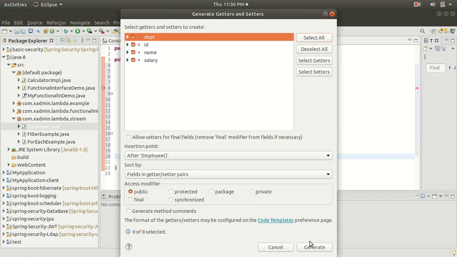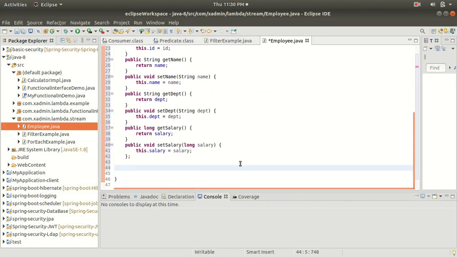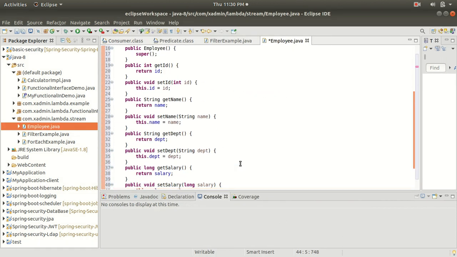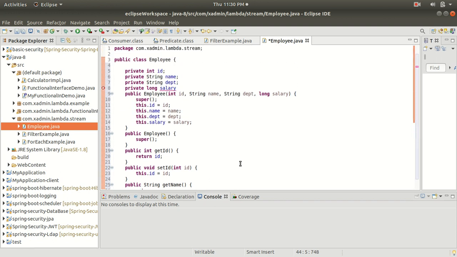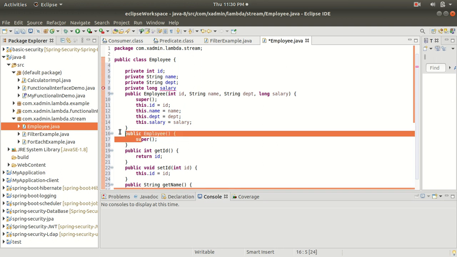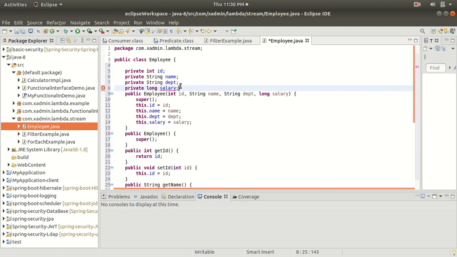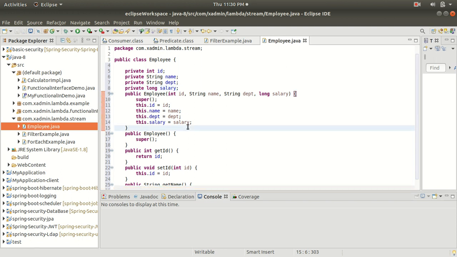Select all, generate. So guys, we have added the getter and setter methods to get the properties and also to set the values of the employee. And we have added the parametric constructor and also the default constructor. Alright, so let's save this class.